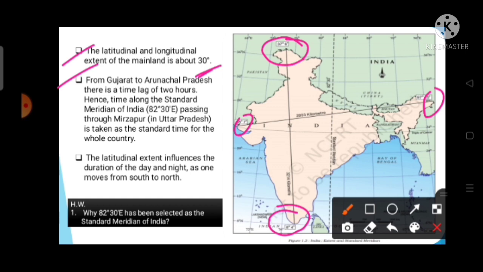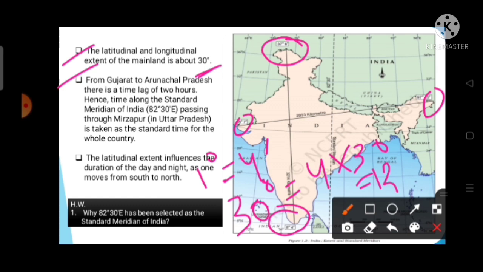The difference is 30 degree. If 1 degree is equal to 4 minute difference, then 30 degree is equal to 4 into 30 is equal to 120 minutes. Okay, that means the time lag between Arunachal Pradesh and Gujarat is of 120 minutes, that is